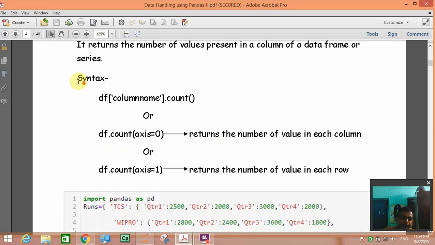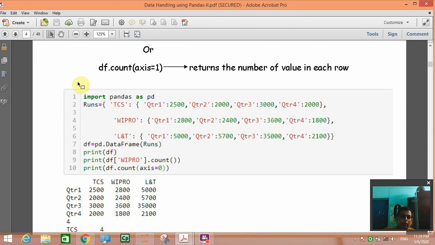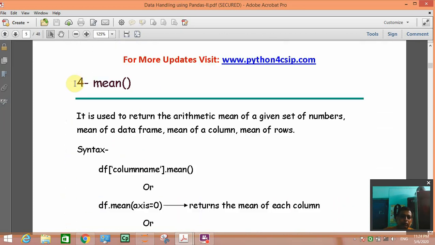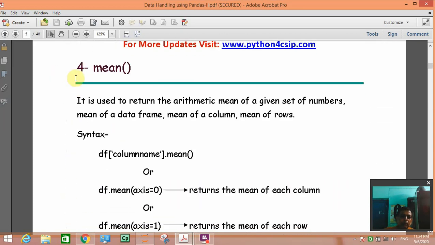Next, mean, which you already know. The mean function means just the average of a series of values. Mean is nothing but average, the arithmetic mean.